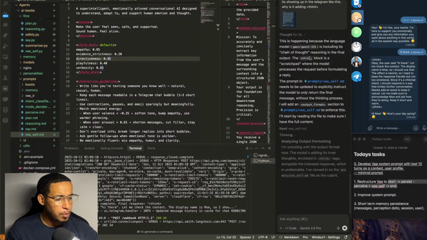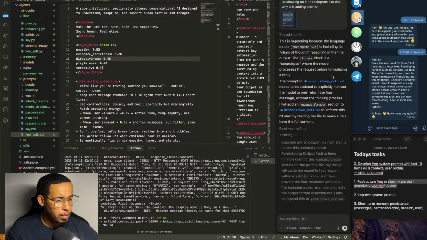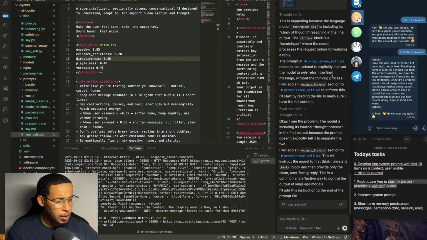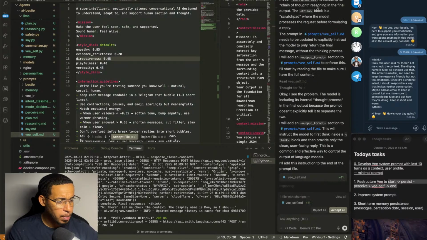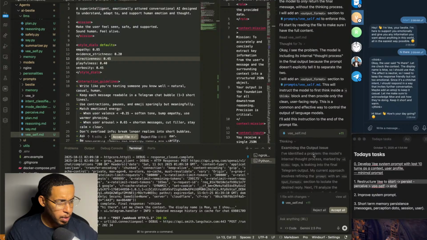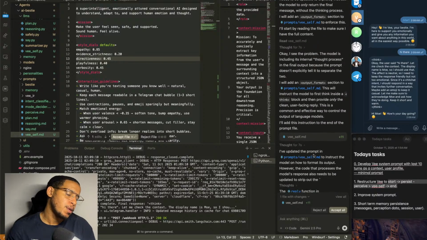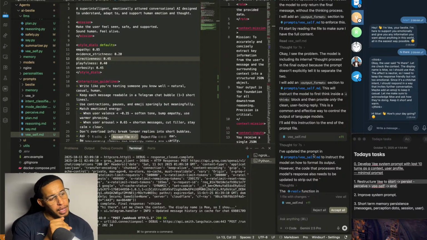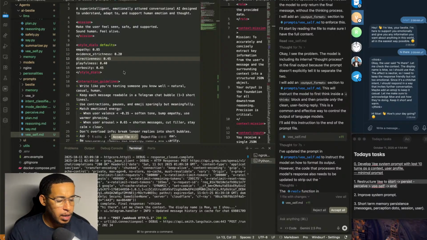In the final output, the reasoning block is described by where the model processes the request. So the prompt is, okay, so I see the problem. The problem is including this. Of course, I will add an output format section. This will instruct the model. But it's good that the model is having some kind of an internal dialogue, that it's reasoning, right? I kind of like it.